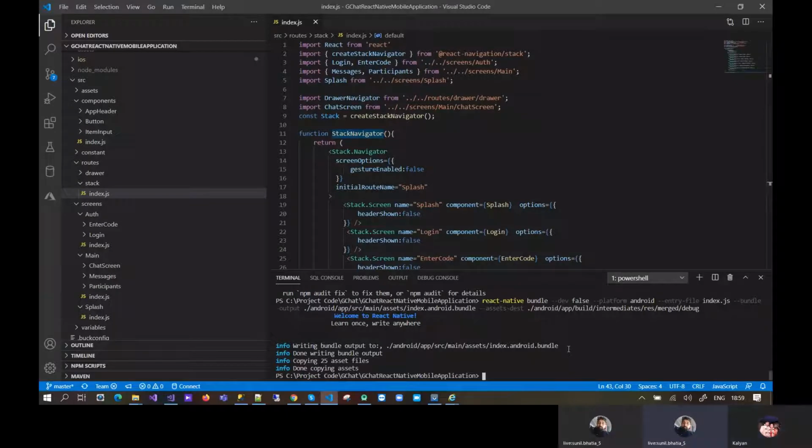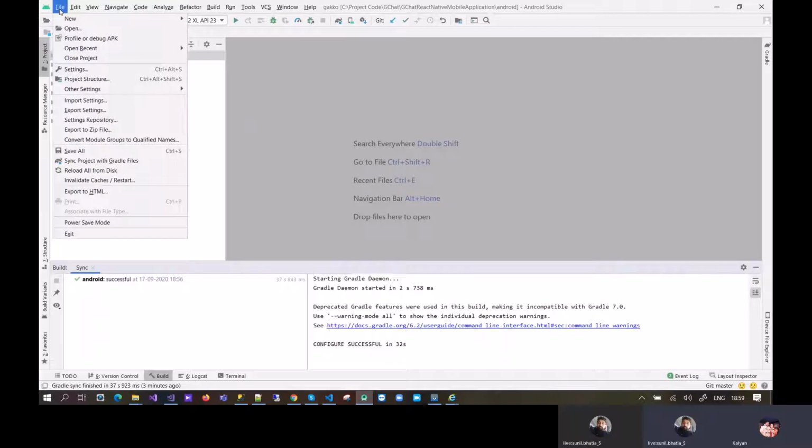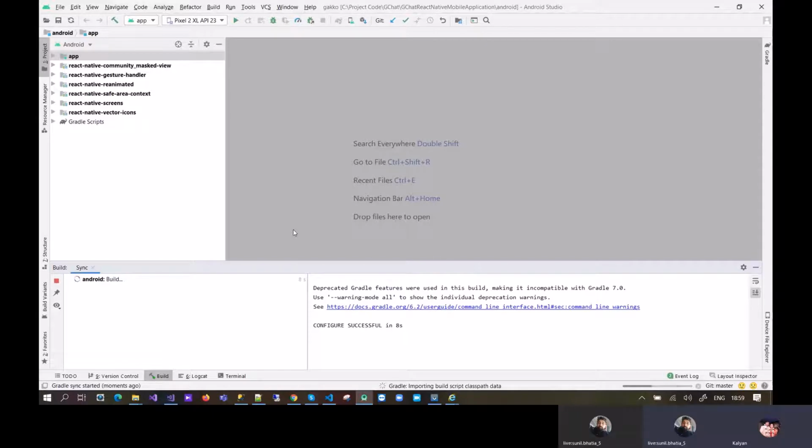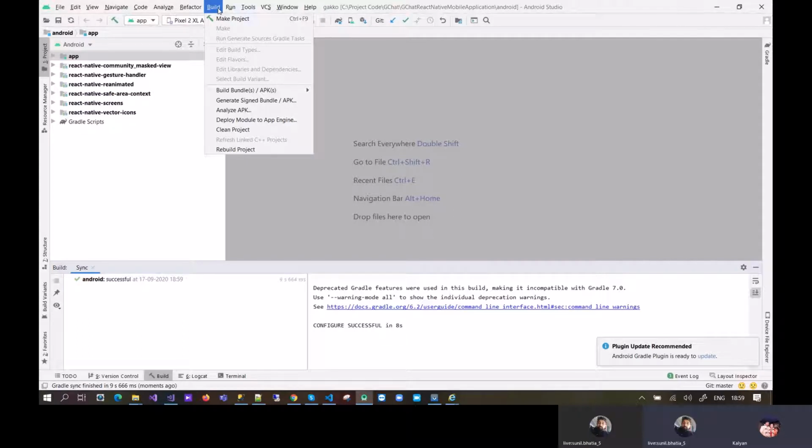Now open Android Studio and resync the project again. Okay, resync, right? Sync project. Okay, done. Now in the top menu there is a Build button. Build, yeah. Now, Generate Signed Bundle or APK.